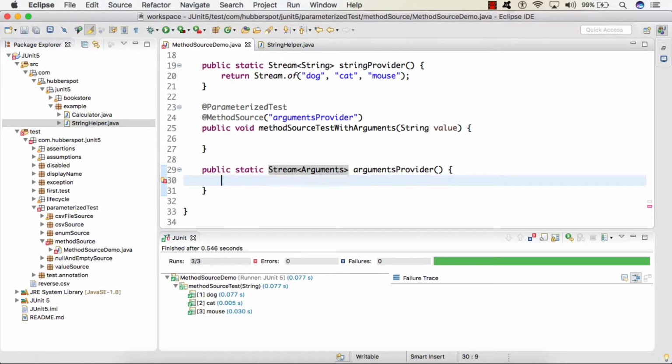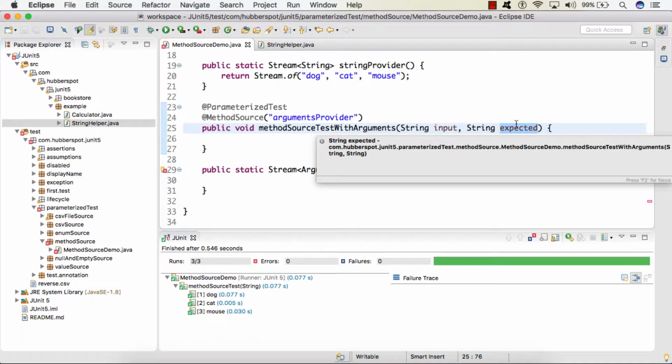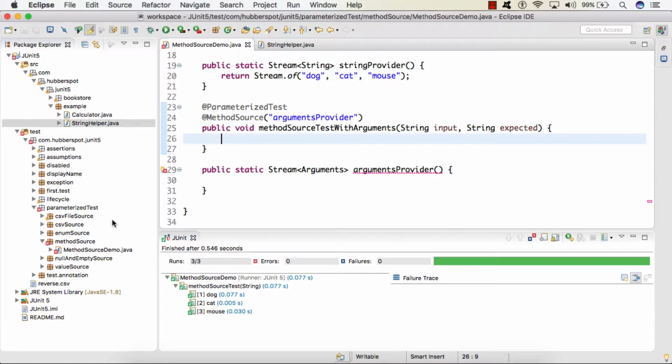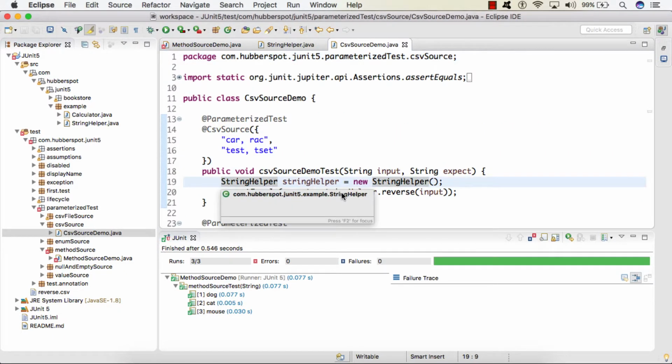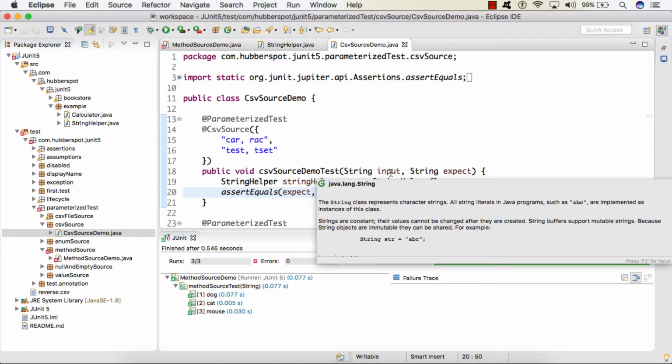And here I will simply remove this return. So friends, let's say we want to test this reverse method by providing in the input, and let's say we provide one more value which would be our expected value, and we'll simply assert the actual value with this expected value. So friends, in our previous lecture, in our CsvSourceDemo class, we tested this reverse method by providing different values like input and expected.